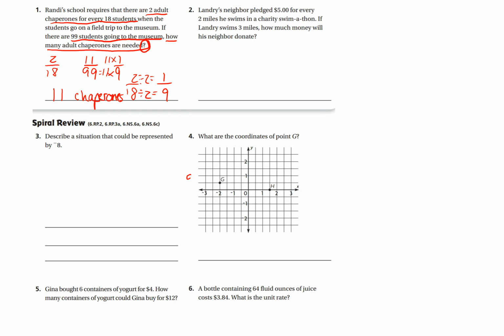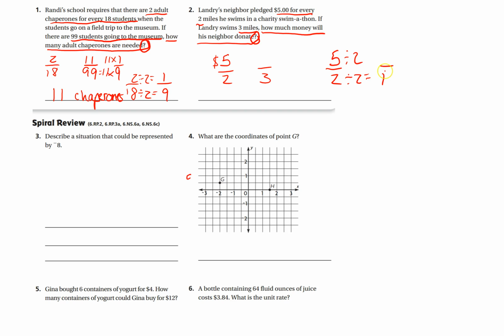Okay, number 2. Landry's neighbor pledged $5 for every 2 miles he swims. So that's $5 to 2 miles. If Landry swims 3 miles, remember miles on bottom, dollars on top, how much money will his neighbor donate? Okay, so again, we need to find a unit rate first. So I take that fraction and I want to get my unit rate. Okay, so you're going to divide by 2,